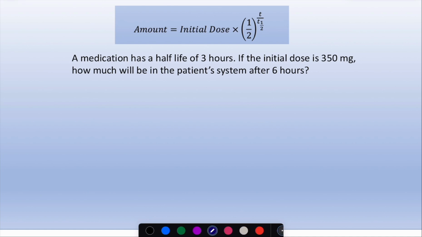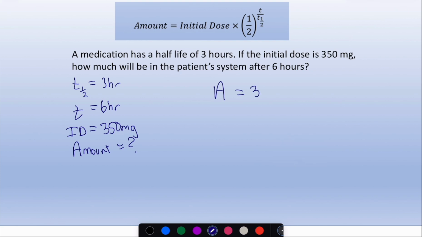Anytime you do a word problem where a formula is associated with it, my suggestion is to write down the stuff that we know. Okay, so here's what I think about. The half-life, so that's T with that 1/2 subscript, is 3 hours. The T, that top of the fraction, is 6 hours. The initial dose, I'll call it ID, is 350 milligrams. The question is how much is the amount? How much is in the patient's system? Okay, so we're going to go A